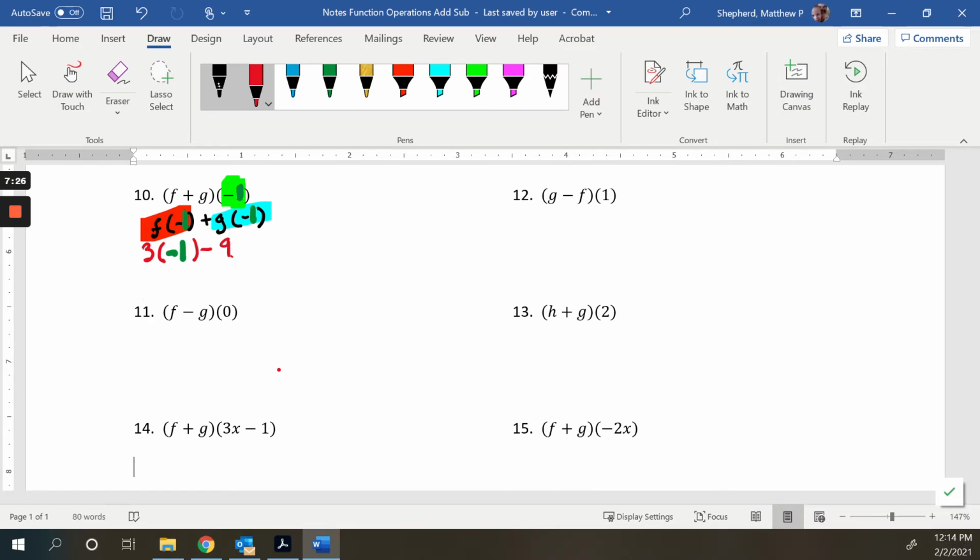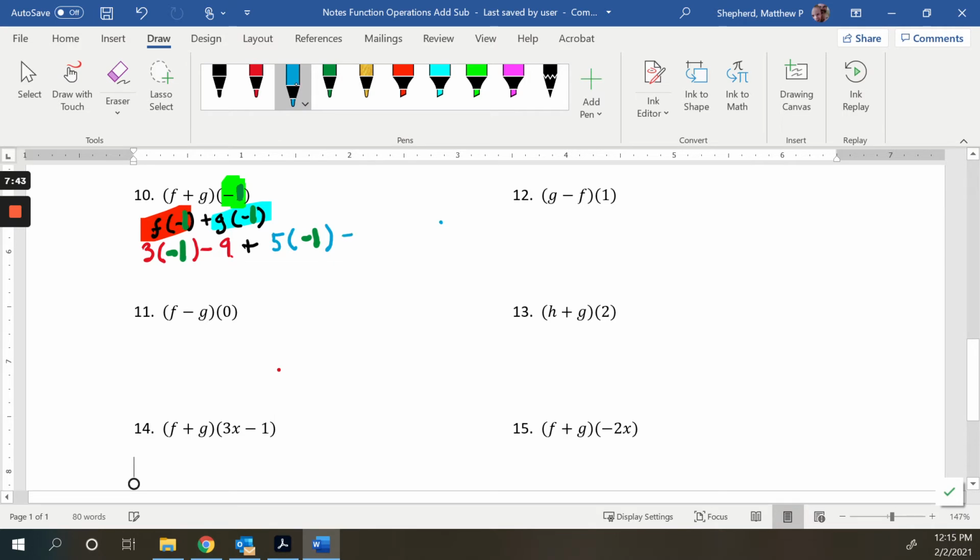And so there's my f, and now for g, we're adding them together. I got my plus. We then had 5x, which the new input, rather than x, is a negative 1. Notice the big change is really just that I'm changing the x to whatever was inside those parentheses, to whatever